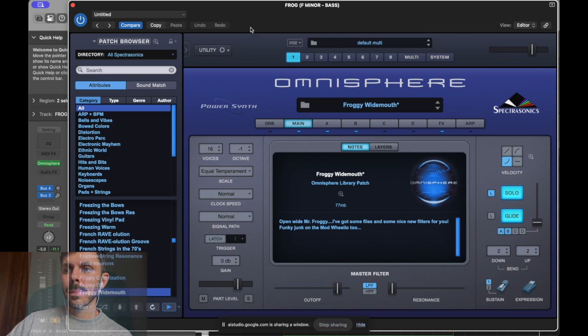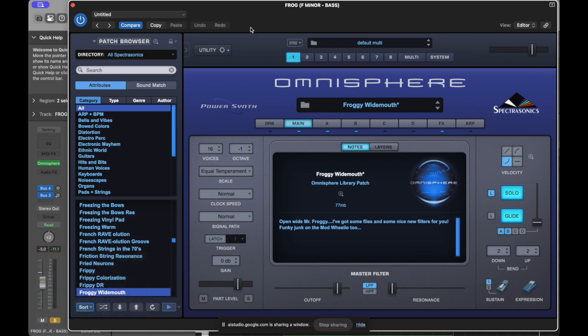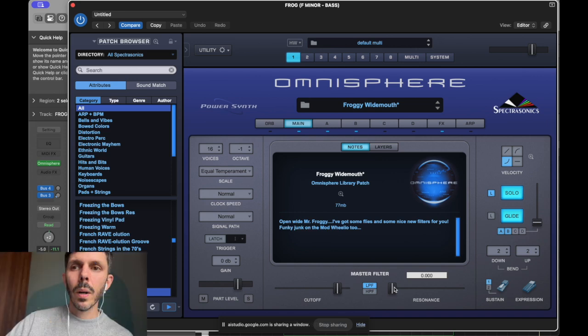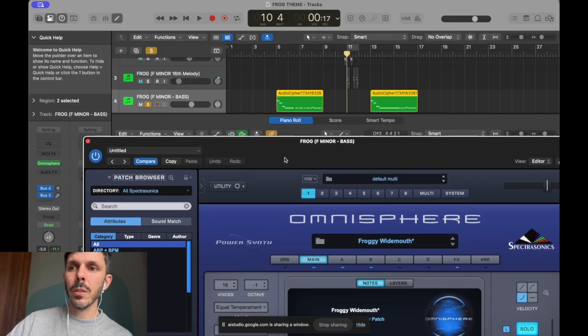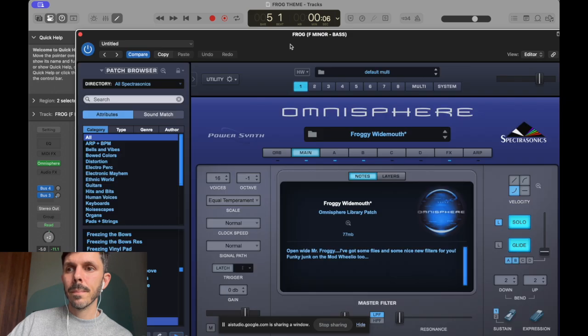With the cutoff changed, try adjusting the resonance setting to add a bit more color or character to the bass. If it sounds too dull, increase it. If it's too harsh, decrease it. Well, why don't you take a listen yourself and you can tell me what to do. Are you ready? Yes, I'm ready. Please play the music.